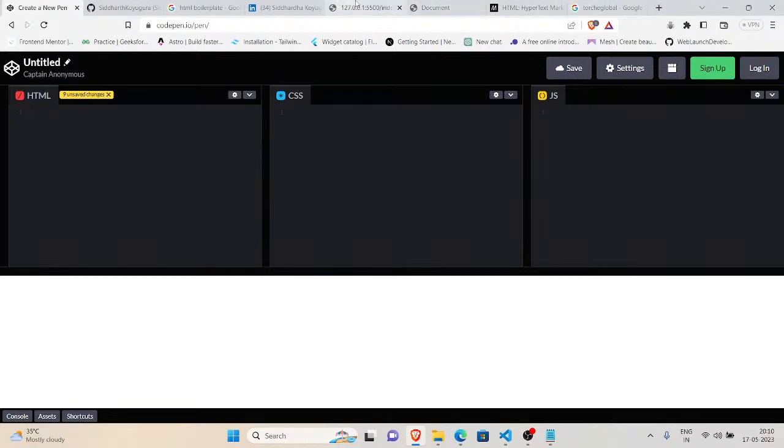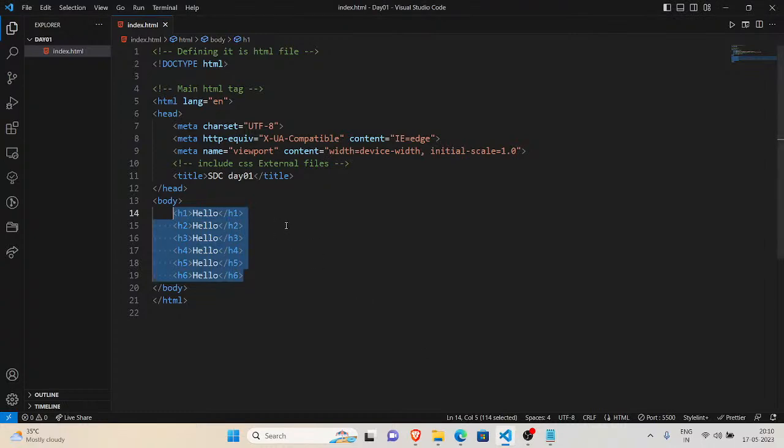Where's my file? I guess this is it. Let's refresh it. You can see the content. This one is H1, this one is H2, this one is H3. Then what's the difference between normal content and an H1 heading tag? For example, let's type hello here without any tag.